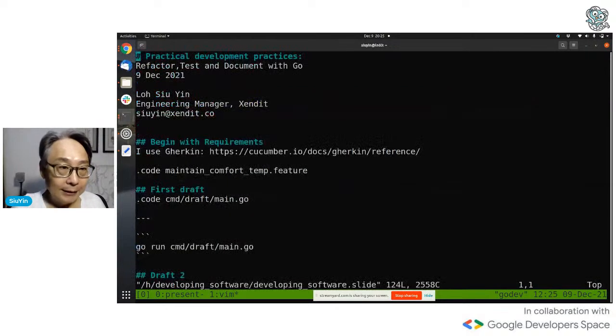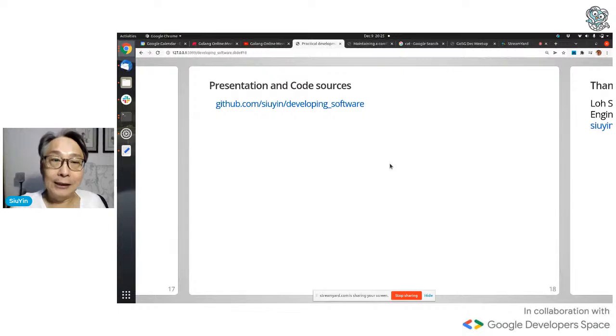Developing software slide. That's the source code for my presentation. It links to all those code snippets, right? And it renders like this. And that basically is my crash course in software development.